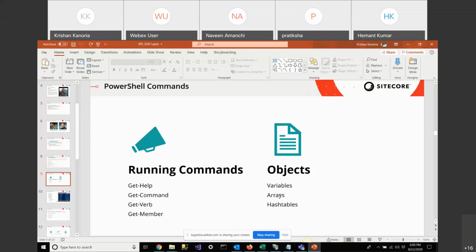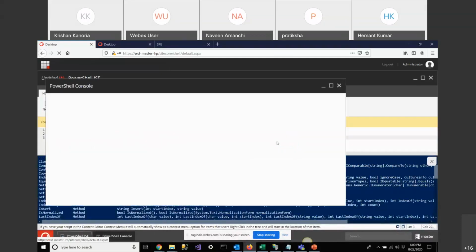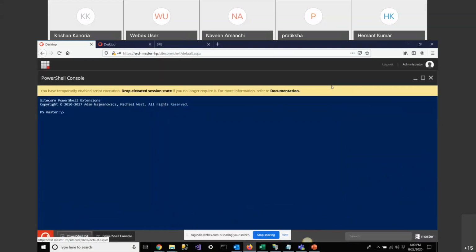Now we'll talk about variables, arrays, and hash table. For this, I'll go to the PowerShell console. As we know, variables are the building block of each and every language, and here also you can declare your variable like this.